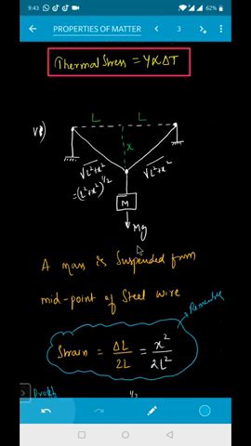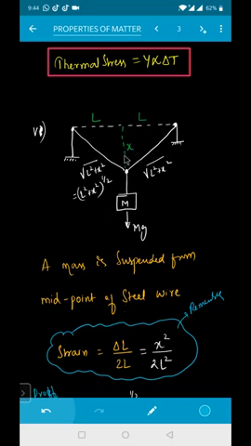So just remember that whenever it has been hanging right now, the strain developed will be equal to x square divided by 2 into L square. Directly remember it for the competitive examination. You can't go for the derivation for this lengthy one. So better try to remember directly the strain developed in this one will become x square divided by 2L. Now if he's asking for depression, small angle, this is for the small L part of the relation.